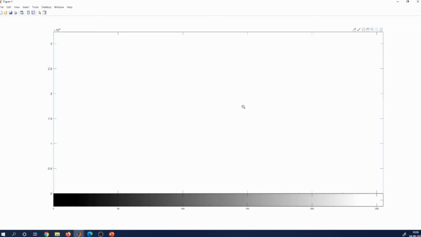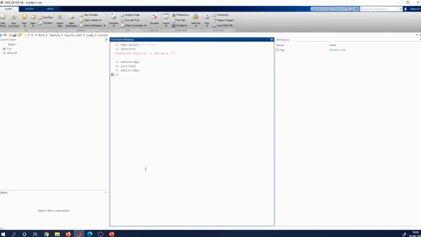If I zoom out, you have levels from 0 to 255 because this is an 8-bit unsigned image, so level 0, 1, 2, 3 like that up to 255, 256 levels altogether. The y-axis is the frequency of occurrence, or how many times that particular intensity occurs among the total pixels, 540 into 420. Here in this particular image it is sort of binary. It is either 0 or 255, and the number of zeros is much more than the number of 255. Now going back, I just wanted to run another image which is more representative, because very rarely will we have binary images.